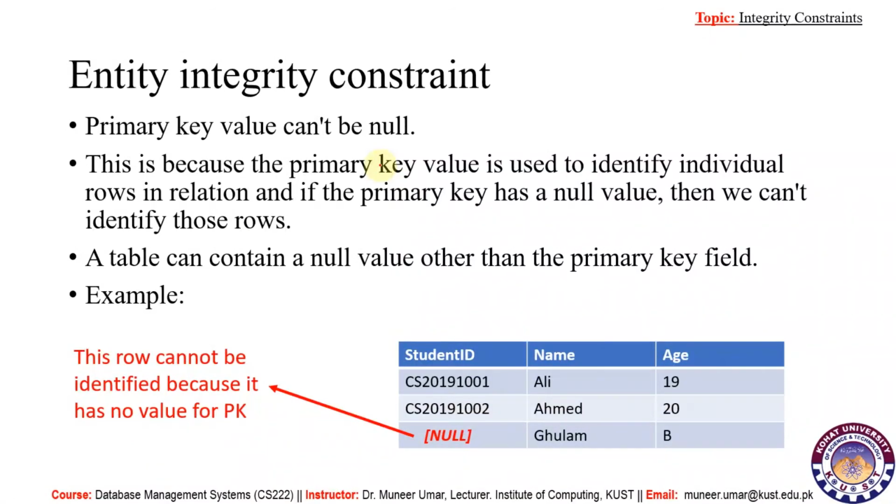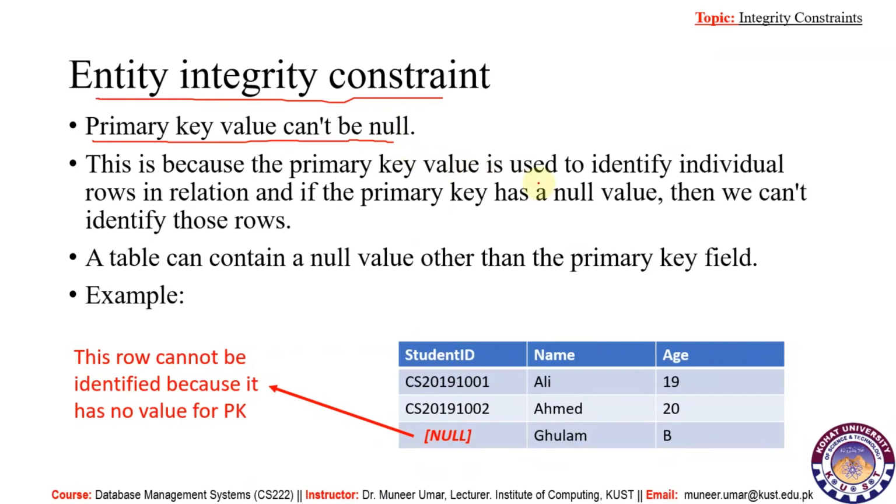The next constraint is the entity integrity constraint. In this constraint, we look into the value of the primary key, and it states that the primary key value can't be null. It is because we use primary key values to uniquely identify individual rows in a relation.